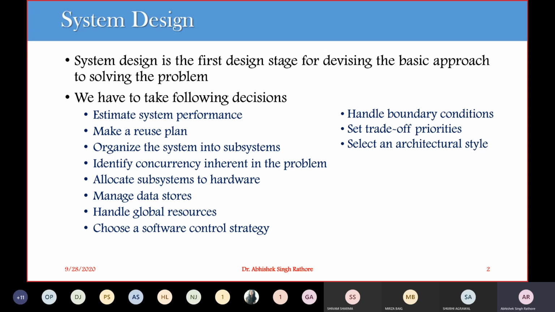So we have to make the following decisions: we have to estimate the performance, make a reuse plan, and organize the system into subsystems. We can identify the concurrency inherent in the problem. Then we should allocate the subsystems to particular hardware, and manage our data store, handle the global resources, choose a software control strategy, handle the boundary conditions, set trade-off priorities, and then select an architectural style. So we'll start by